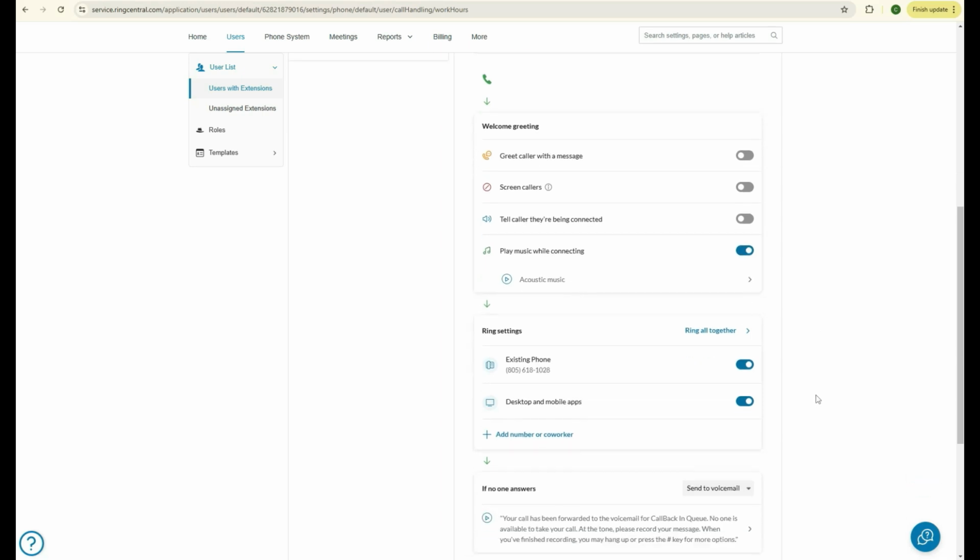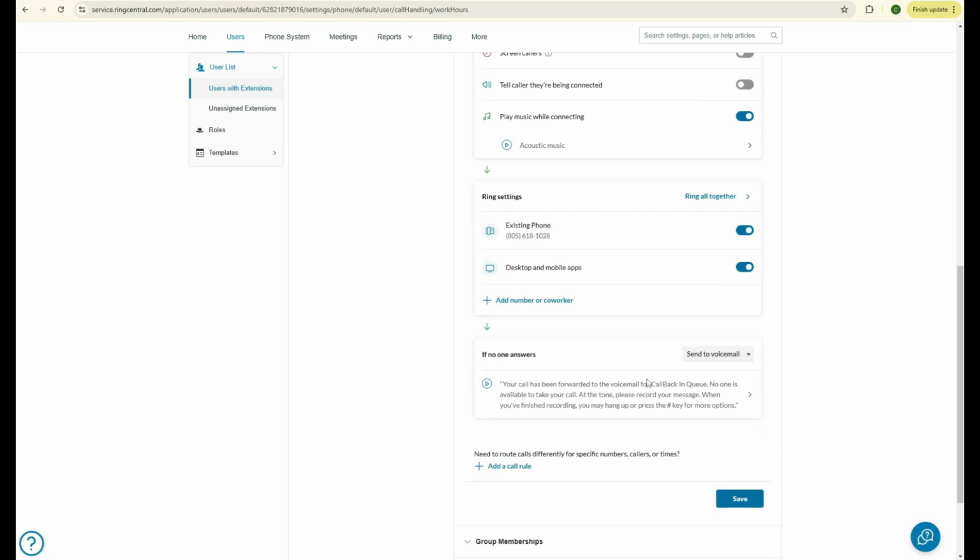So underneath the ring settings, it doesn't matter if you keep this desktop and mobile apps on. You can turn it off if you would like. We're not going to use anything within there. But the big one is going to be this existing phone, or whatever you named it, that is going to be listed in here. That'll be turned on. Now, if nobody answers, by default, you can see that it's going to be sent to voicemail. And in the event that the existing phone or the IVR is not available,